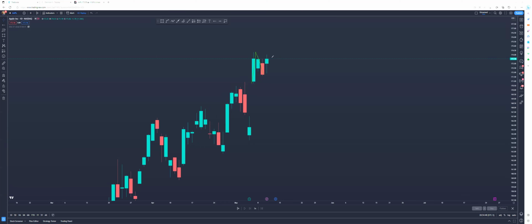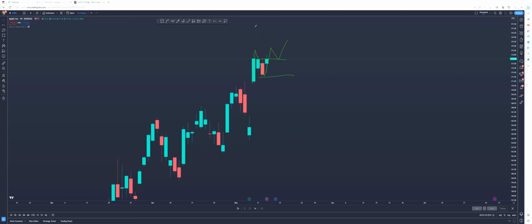We want to have the breaker structure. Keep it simple. So now let's say that Apple decides to pull back and then break this high. Guess what? Bearish candle. Boom. If we come back here, take calls. Y'all see that? If Apple decides to break above, let me make it in yellow.